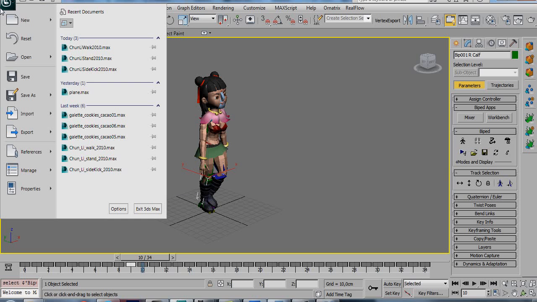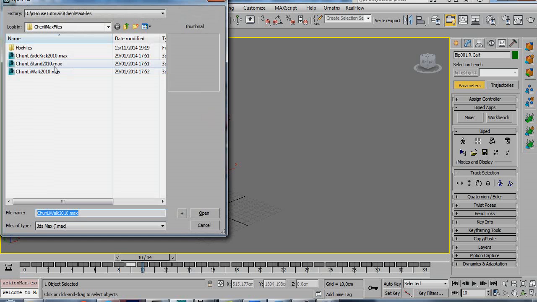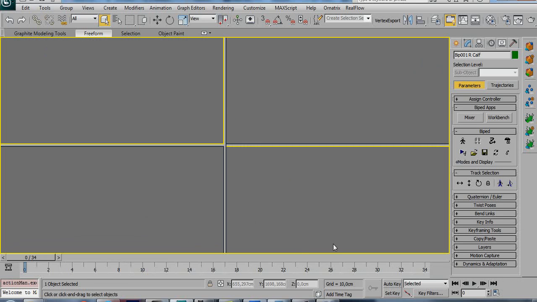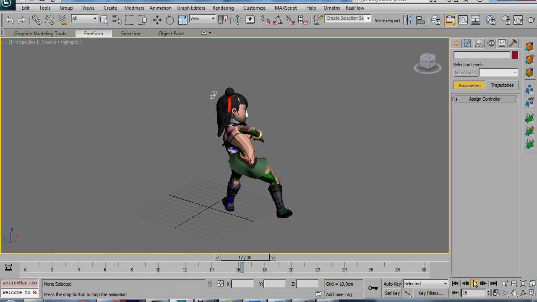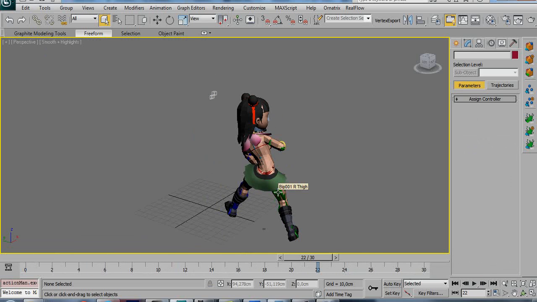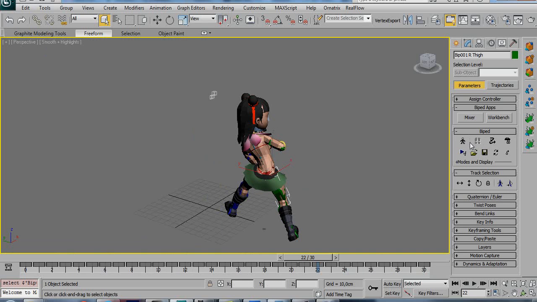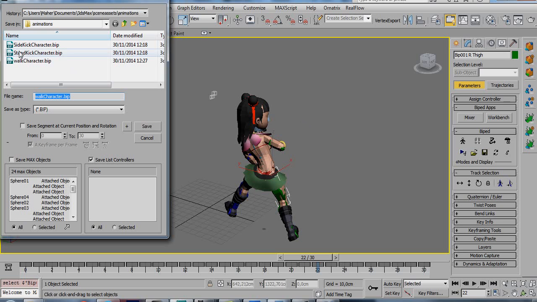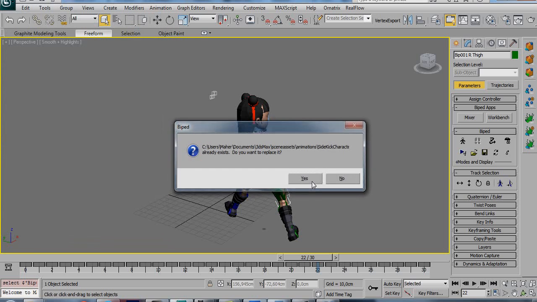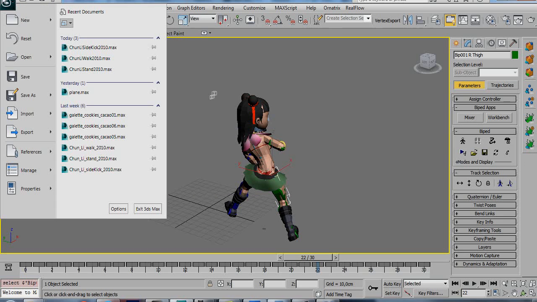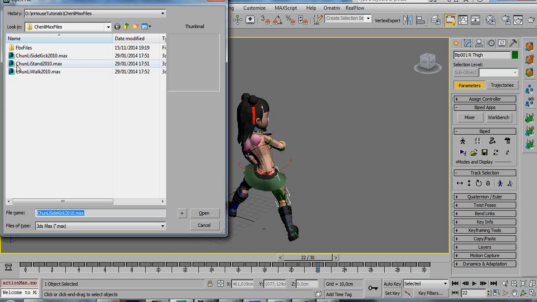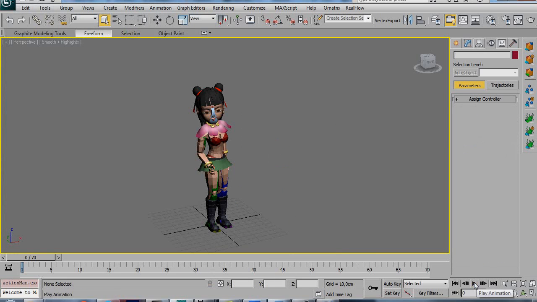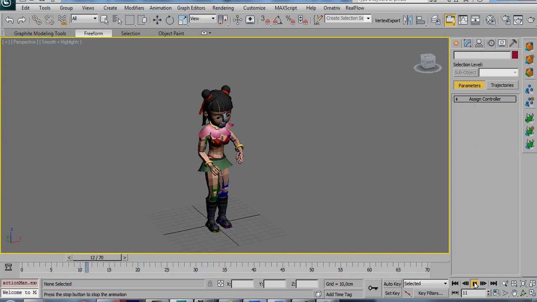And then I'm going to load the sidekick animation, this one. So we have this animation, and as I did before, I'm going to select one bone from the biped so I can switch to the biped editing mode, and I'm going to save the biped animation file and name it sidekick character. Yes. Then I'm going to open my stand character. So it's this animation,